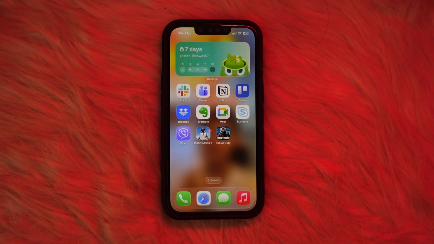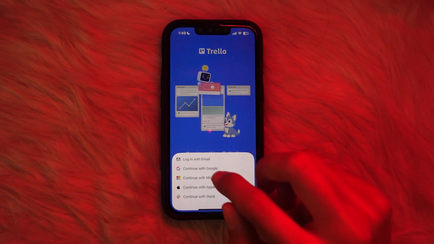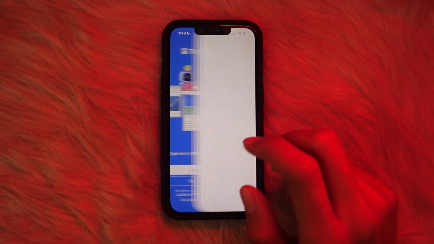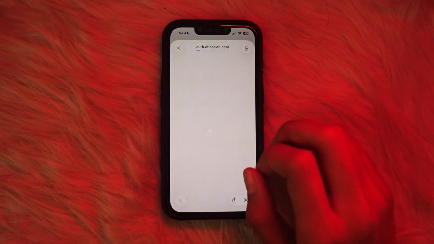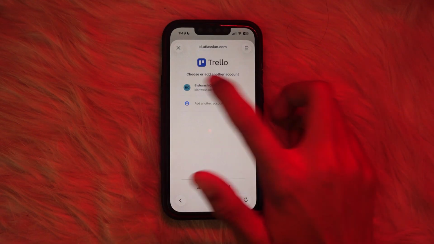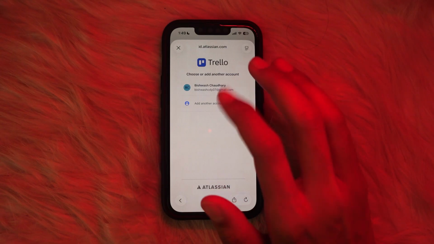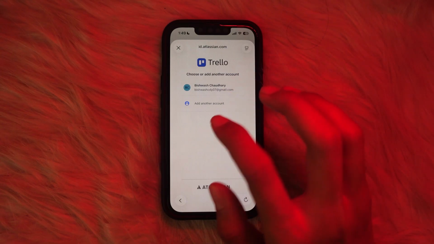In this video I'll show you how to recover your Trello account. For that, just go and open your app and tap on the login button, then tap on login with email, and there it will show you. Tap on the continue button and there it will show you your previous account. Simply tap on that, and if doing that wouldn't log you in, just tap on